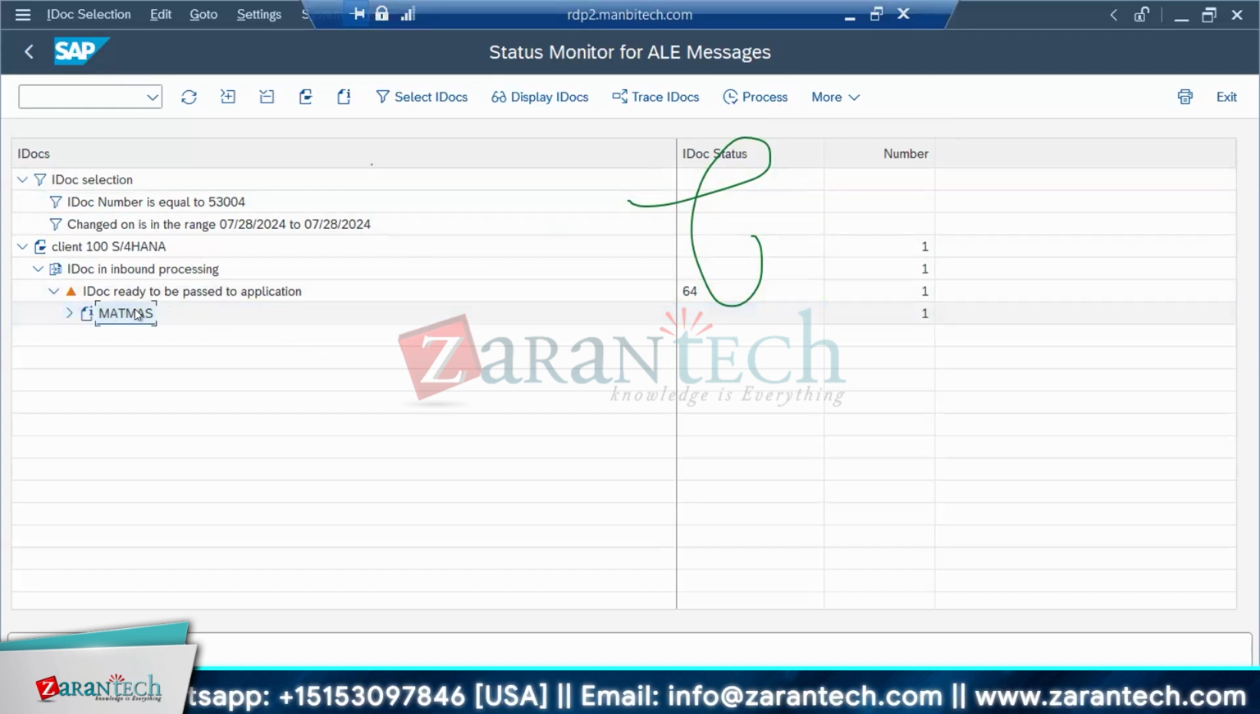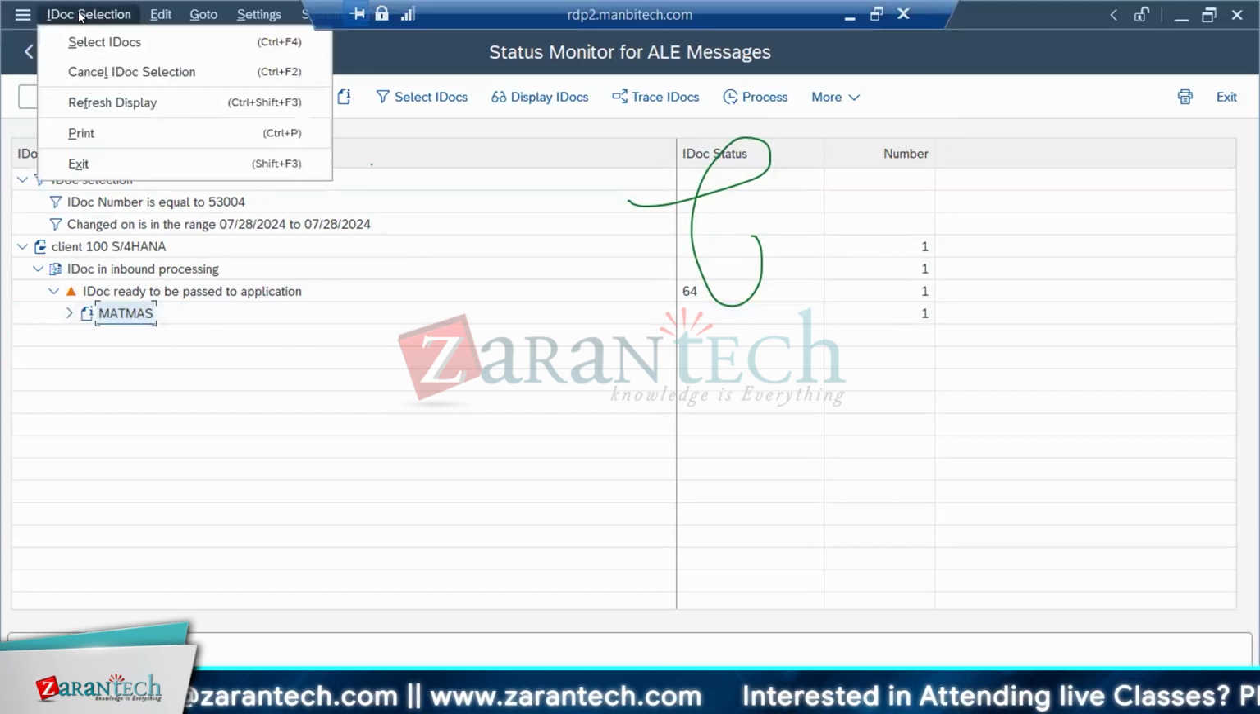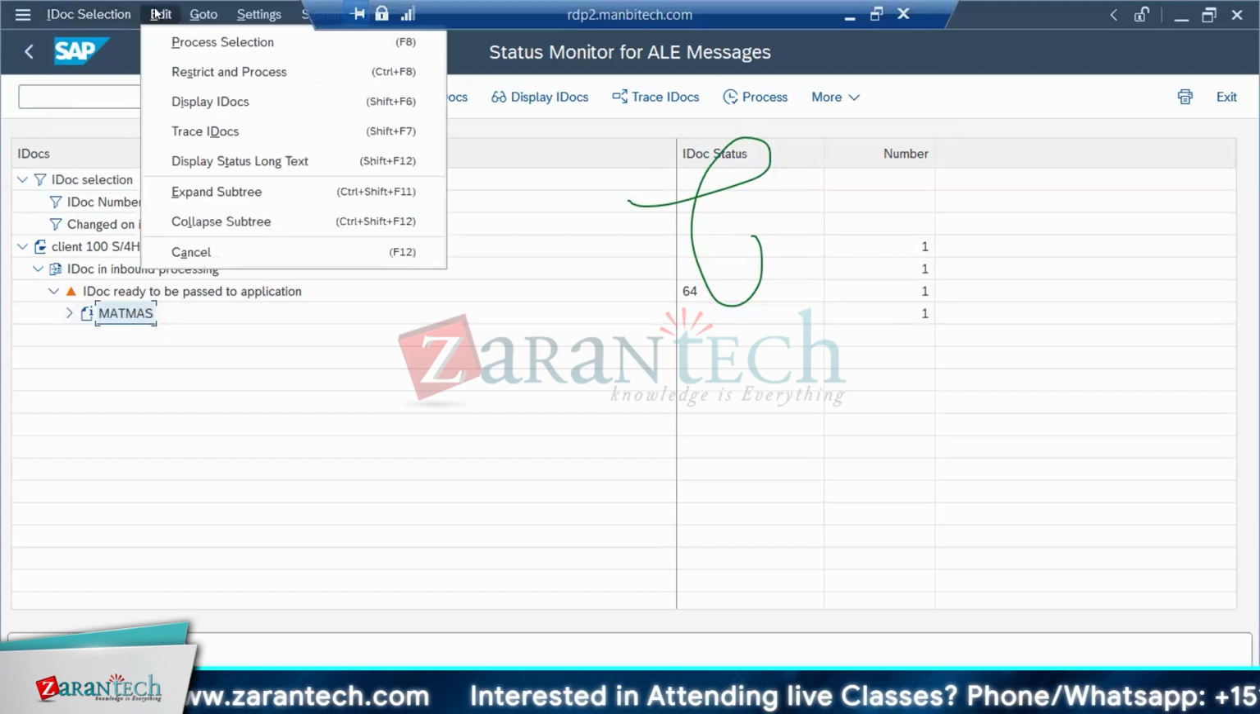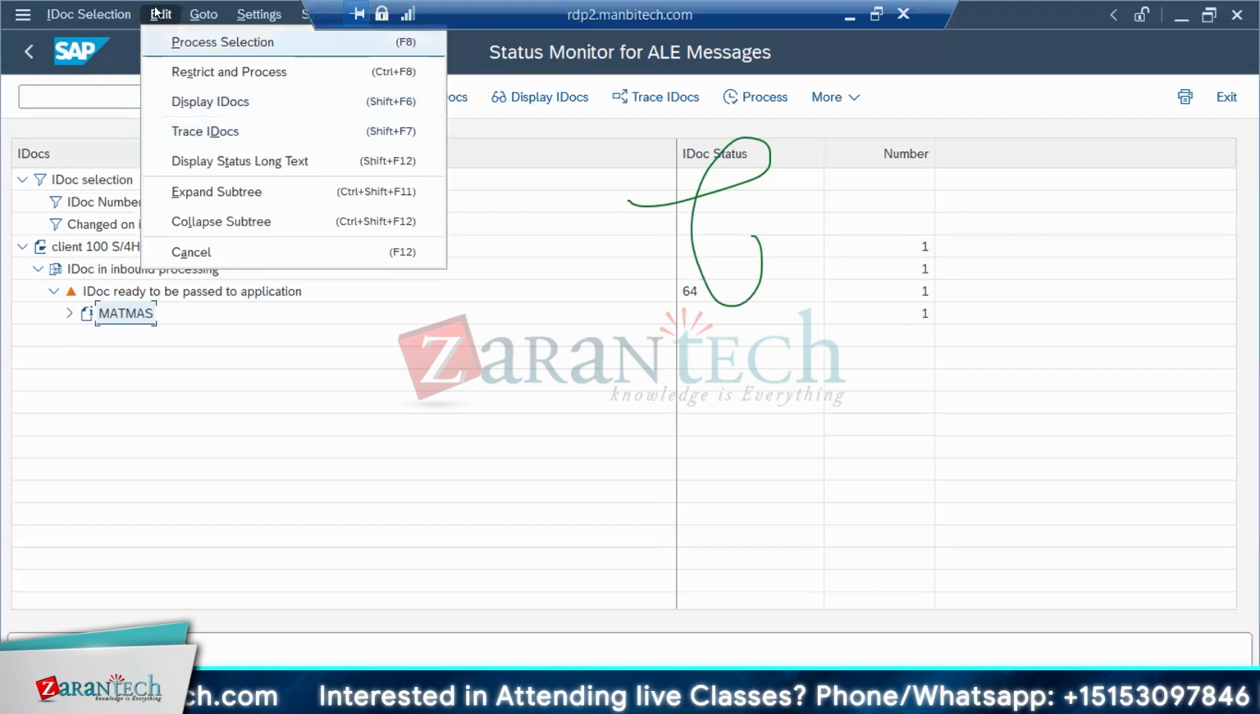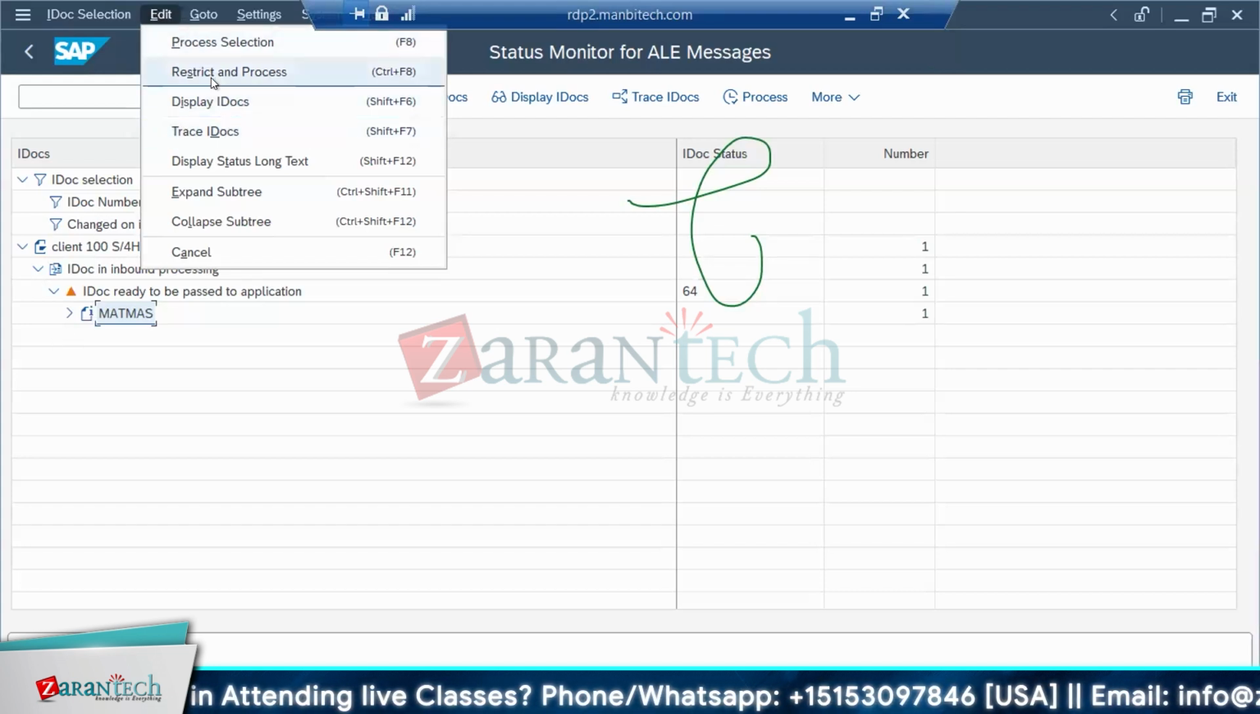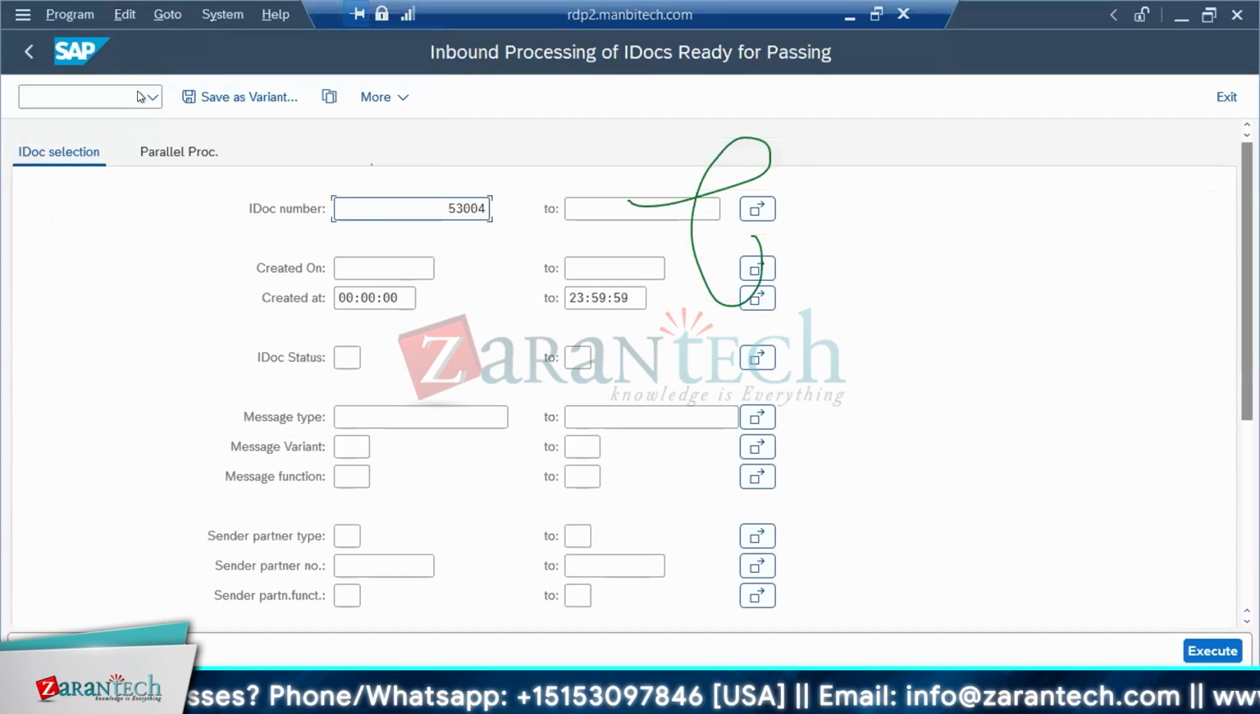We select this node, we go to IDoc selection, we go to edit. Please remember these steps. This is a one-time activity. If you remember this, you will do it for the rest of your life. You can remember how to parallel process an IDoc. You select this node, you go to edit, restrict and process. The moment you do restrict and process, you go to